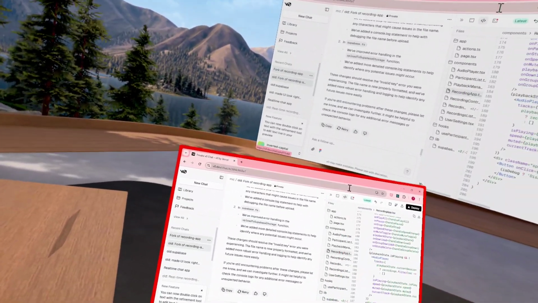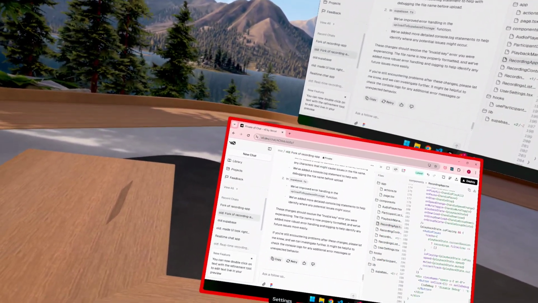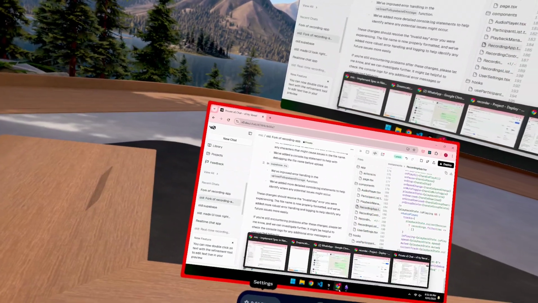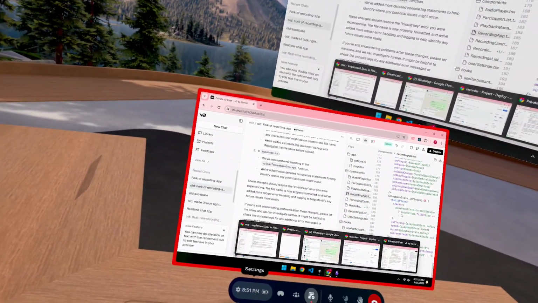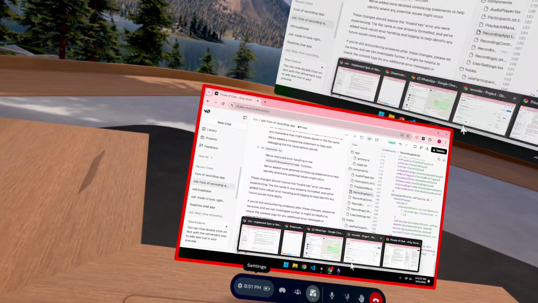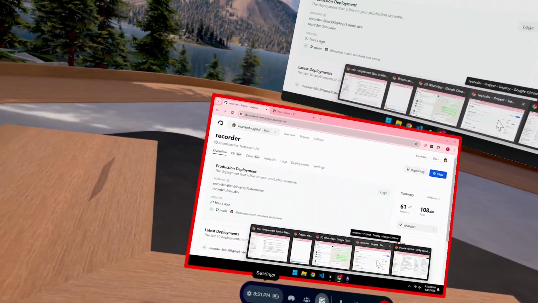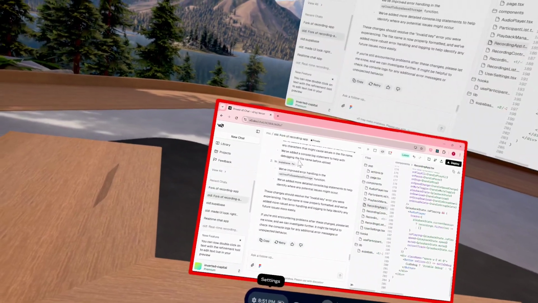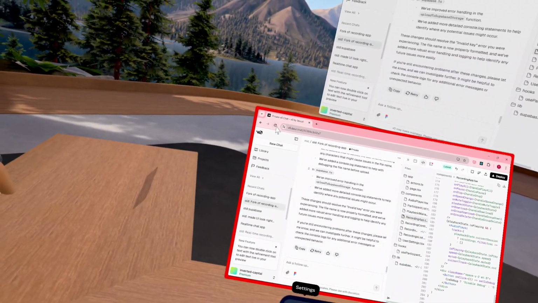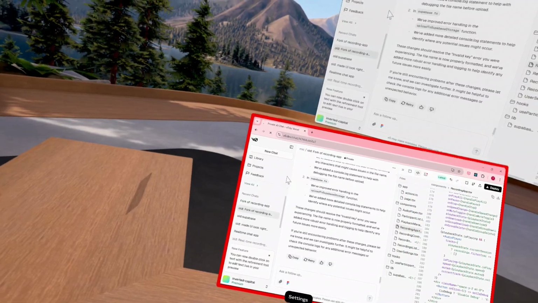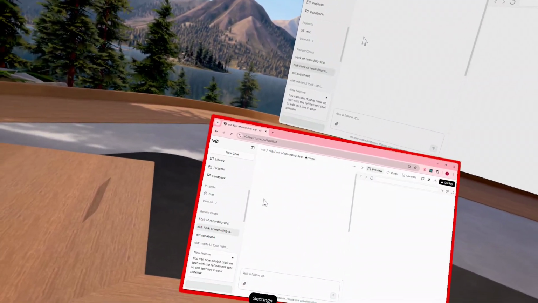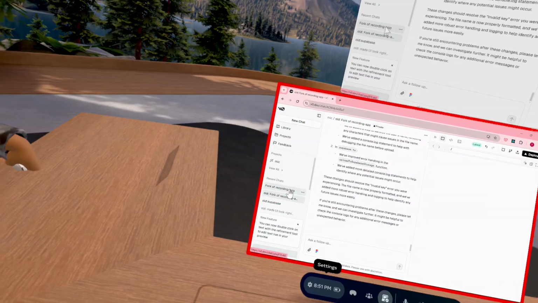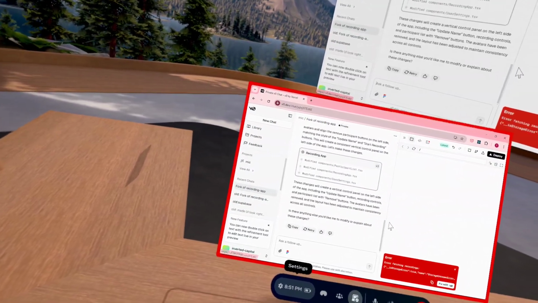If it would load, I mean, it doesn't seem to like being in this headset browser thing. It's just a mirror of your laptop, isn't it? Yeah, it is, but it's just not playing nice.